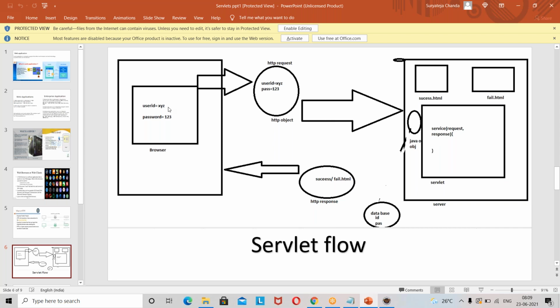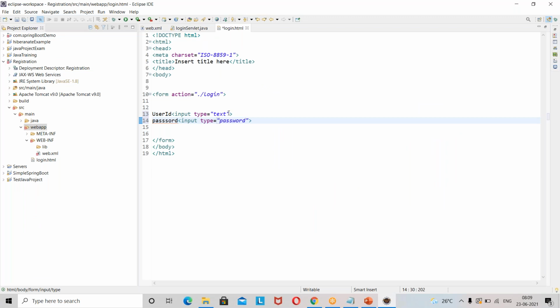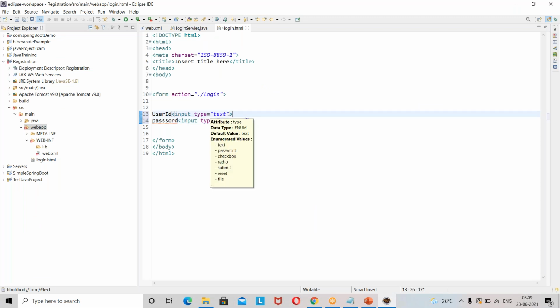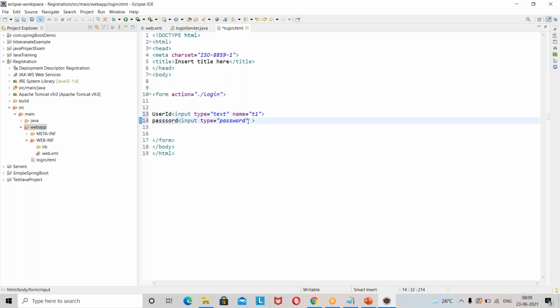So for whatever value you enter in the text box, you need to specify an ID, with an attribute called name equals t1. This is just like an ID, where I can get the value present in the text box in the backend.